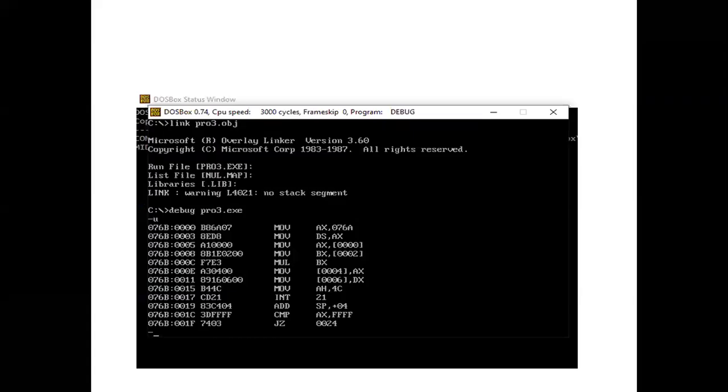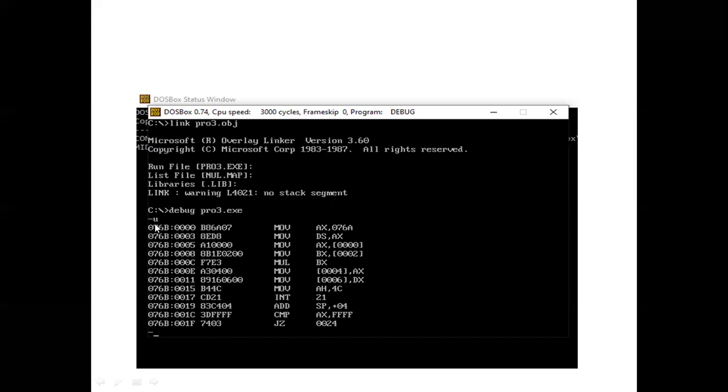After typing the program, we have to go with MASM for assembling. MASM is a macro assembler. Type masm filename.asm semicolon. After that, you can see the list of errors. If there is no error, we can go to the next step, which is link filename.obj semicolon. Then we execute the program using the command debug filename.exe.